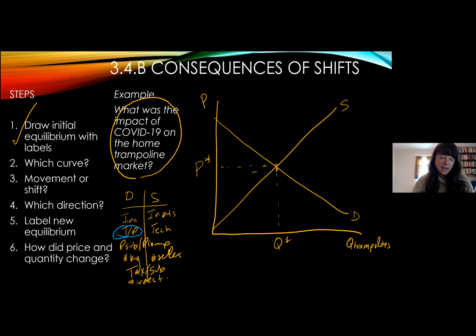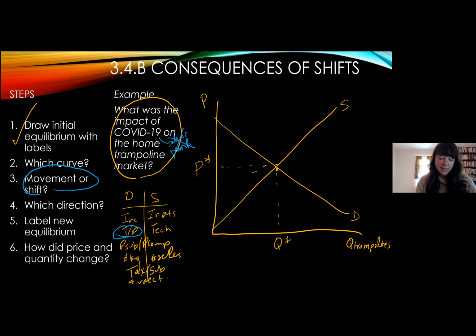So I think that it affected demand through tastes and preferences. Now, all of a sudden, when playgrounds are closed, you want something else for your kids to get their energy out. Is this a movement or a shift? So this is where you want to have alarm bells go off. It's like, if it told you that there was like a COVID-19 sale on trampolines, you'd be like, that is not a shift. That is a movement along the existing demand curve. I'm not going to move anything around.